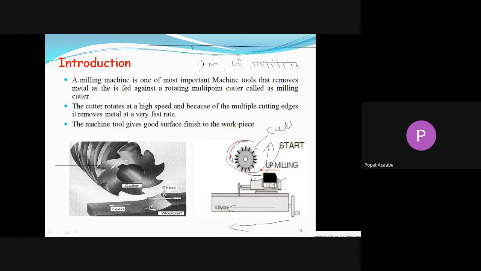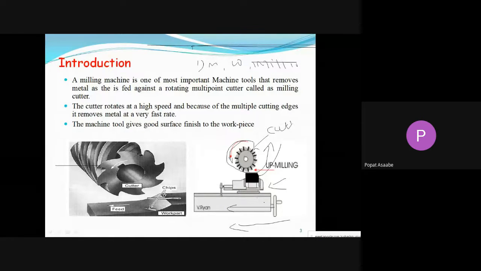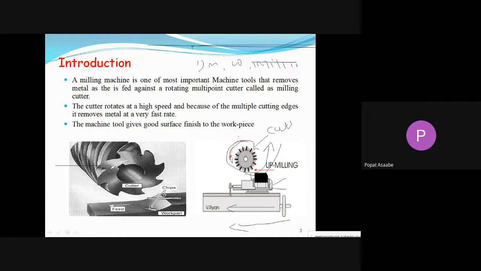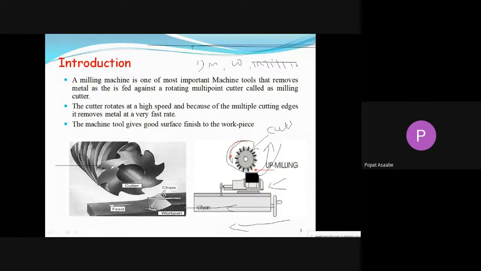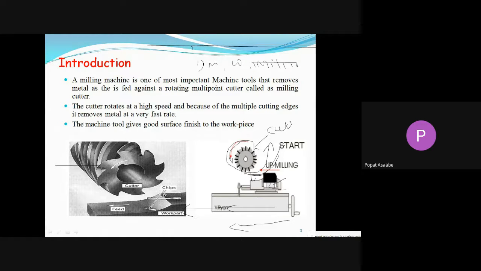The workpiece is fed against that rotary cutter. See, the cutter is rotating in this direction, and this is the workpiece, and we give the feed to the workpiece in this direction. So with the help of the rotary motion of the cutter and the feeding action of the workpiece, the cutter will remove the material from that workpiece. Okay, this is about the milling.